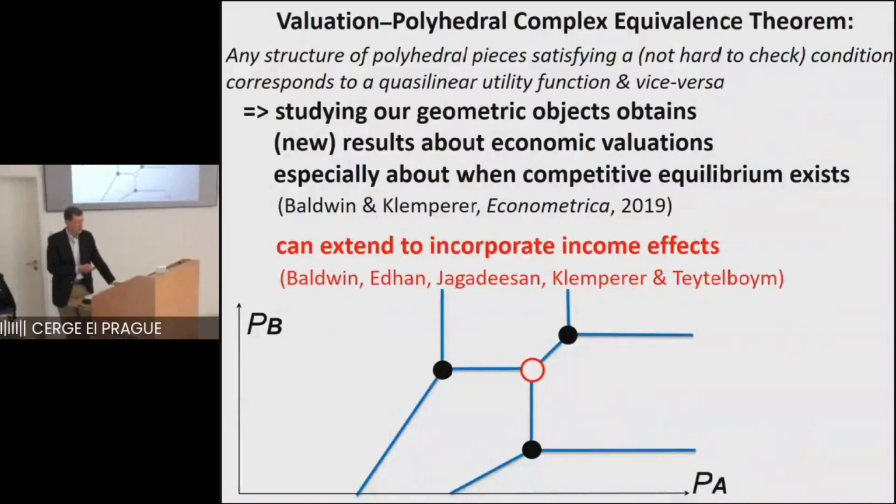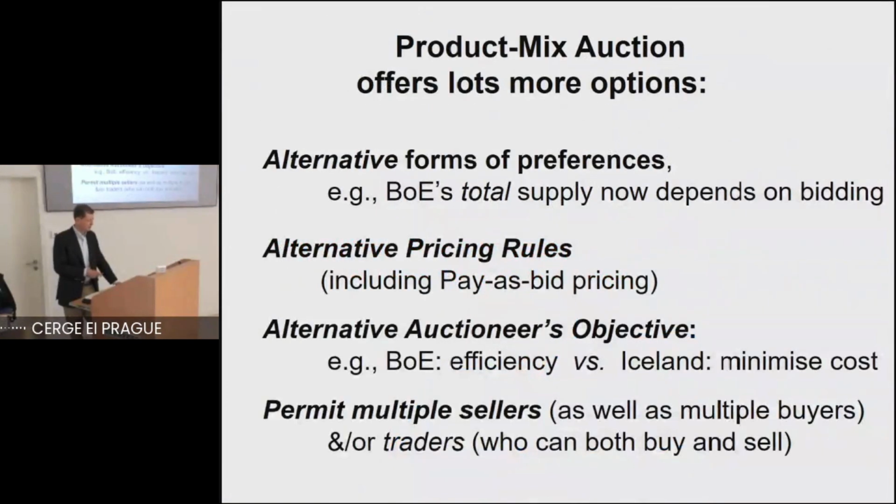So the last thing we've been doing recently is extending these consumer theory results to incorporate income effects. And having done that, go back and work harder on auctions where income effects matter. Of course, I've got this budget-constrained one already, but that's a very specific structure of income effects. So, to finish,